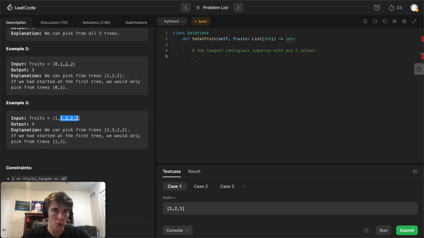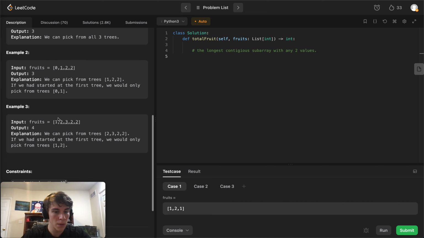a very popular approach for something that has to do with contiguousness in an array or a subarray that's contiguous. What if we start off with one element, with the window consisting of only this one element, and as long as the different types of fruit that we have is less than 2, then we increase the window by moving the end to the right,